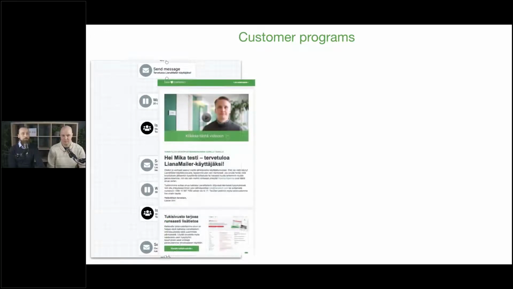Yeah. So this is one example about our own processes. How do we do this? When we have a new customer of Liana Mailer, the first steps are quite straightforward. In the first weeks, we share information about the product.